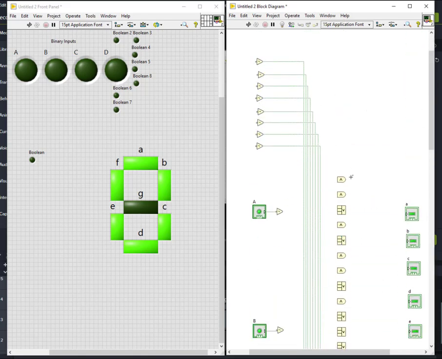Just wiring for this one. And the first one is B bar, D bar. You should not directly wire these two things, because 2 inputs for a single wire will be an error. So first you connect these things. First one is B bar and B bar. Next one is A bar and C. Be careful while you are doing this, because it might confuse you. A bar, C bar and D bar.